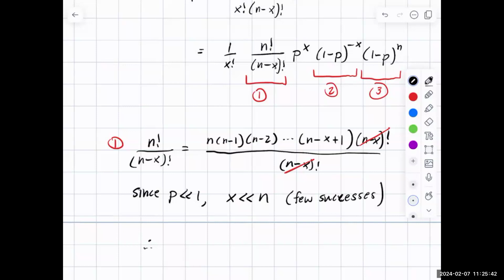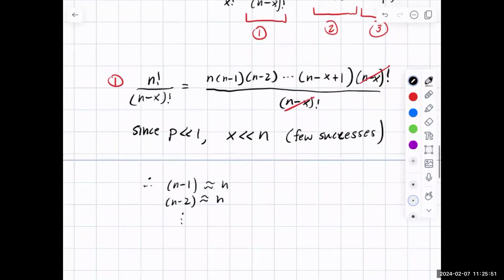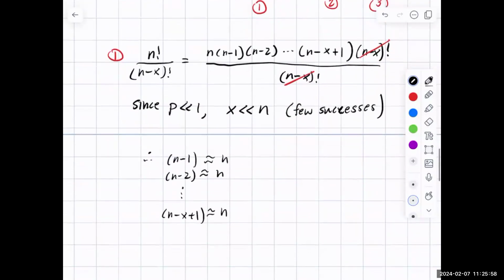And so therefore, we're going to say N minus 1 is approximately N, and N minus 2 is approximately N. And we keep going, and we would get to N minus X plus 1 is approximately N. And so therefore, our first approximation for this ratio of factorials is just a bunch of factors of N, and if you count them,